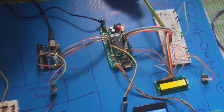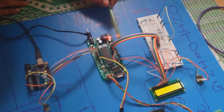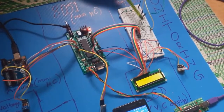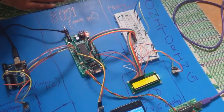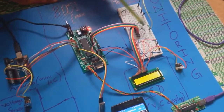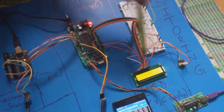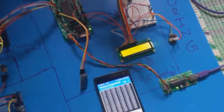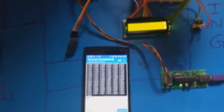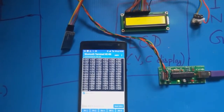Port 0 is then used to send data from the microcontroller to the LCD, and these resistors are pull-up resistors, because port 0 does not have inbuilt pull-up resistors, so we are connecting pull-up resistors to drain the current. And finally the data is sent to the LCD. As you can see, we are measuring the voltage. The voltage is coming, V is equal to 0.83,